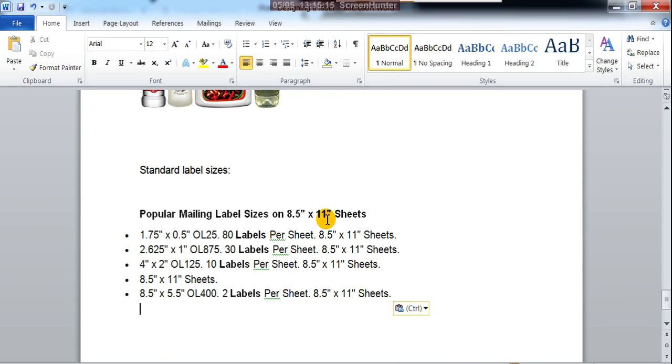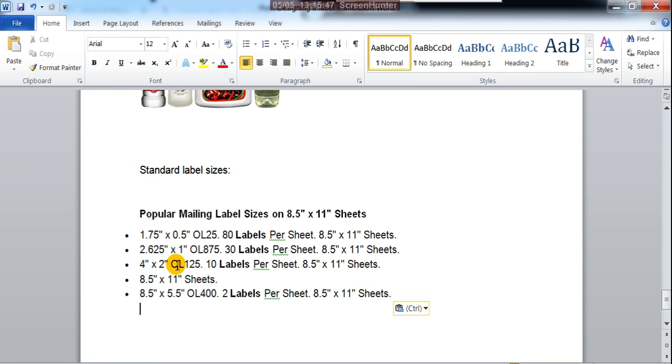Suppose this is the 8.5 into 11 sheet, on that 1.75 into 0.5, okay, OL25, 80 labels per sheet. That means these are very small sticker types. You can print and cut 80 labels from this 8.5 into 11 sheet.